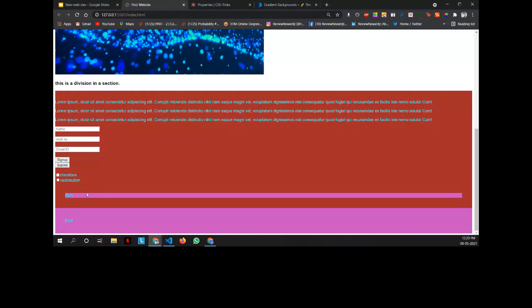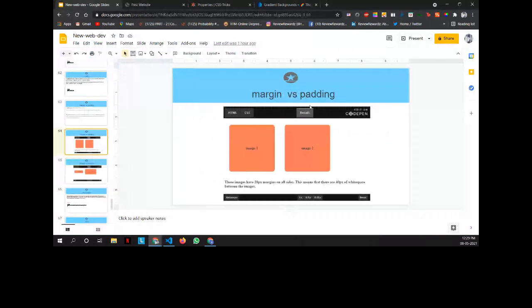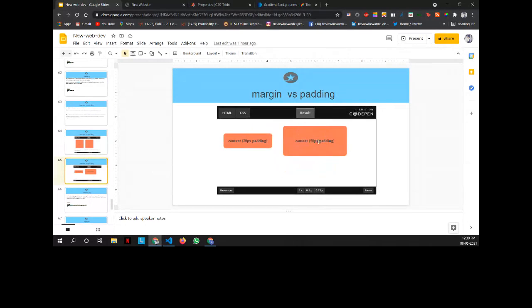I'll show you an image representation. See, this part is called margin. The margin is 20 pixels on both sides. So this distance is 40 pixels, whereas this distance is 20 pixels and this distance is 20 pixels. It is not messing around with the height or width of the image. But padding, inside this padding, is affecting the height and width of the image. So you need to make sure that if you are using padding, the content inside the division does not change.